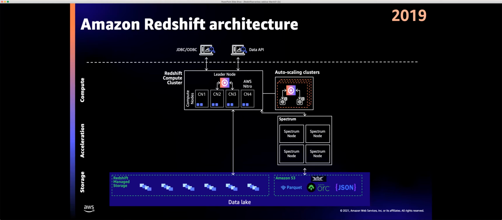In 2019, we took a big step towards separating compute and storage. This was when we introduced Redshift Managed Storage. This is where all the Redshift data would be stored on RMS, that's Redshift Managed Storage. And the compute clusters became stateless, so they did not have any persistent state. They would read from RMS and serve queries. So basically the compute was a cache of hot data.